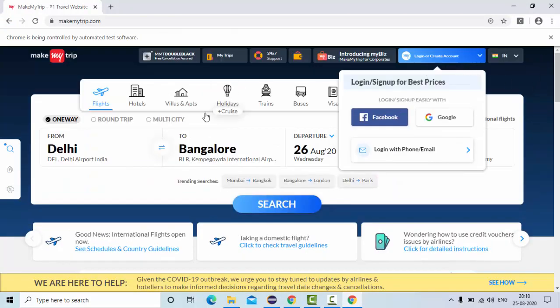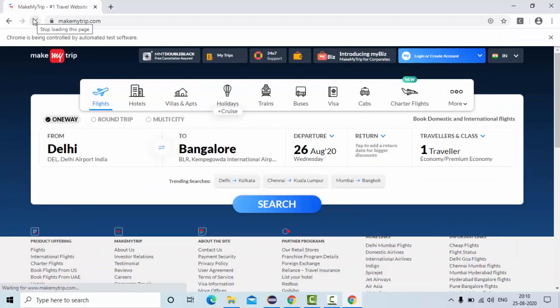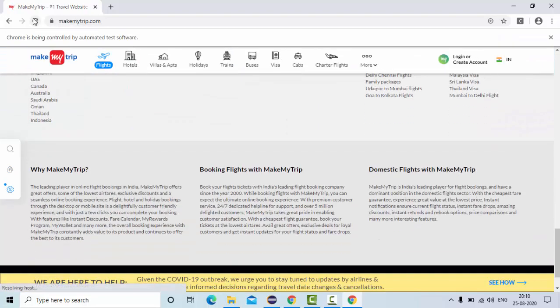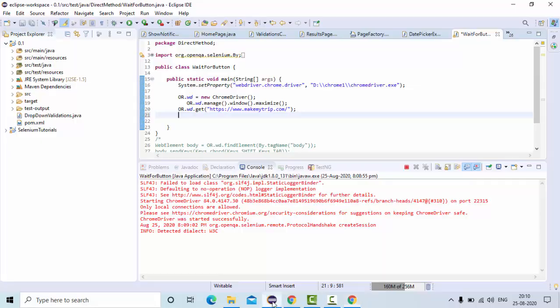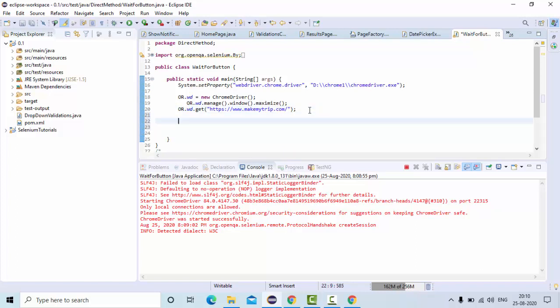So to do that, first of all, this is my web page. Here I am. Okay, if I simply apply Shift and Tab, so once it is loaded like this, if I apply Shift and Tab, it is going directly to the bottom of the web page. This is what we need to remember. Once it is loaded, only if you apply Shift and Tab, it is going. Okay, so it is now loaded here. Now I need to apply Shift and Tab at the same time, right? So that is using sendKeys that I am going to do, right?